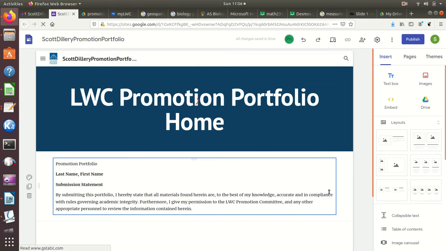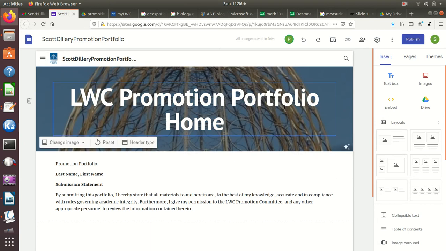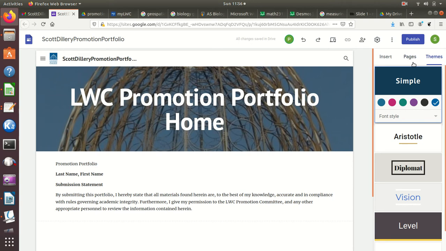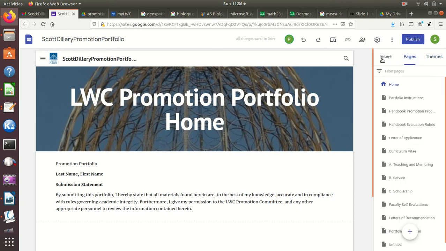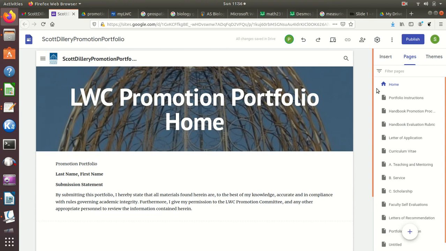And here's the promotion site. It seems to be a little slow here, but it brought everything up. It comes into this editing mode. We have insert, pages, themes. I don't think you need themes at all, but pages and insert you'll need. So with pages you can navigate around to edit. So for instance, right away, first page on home,